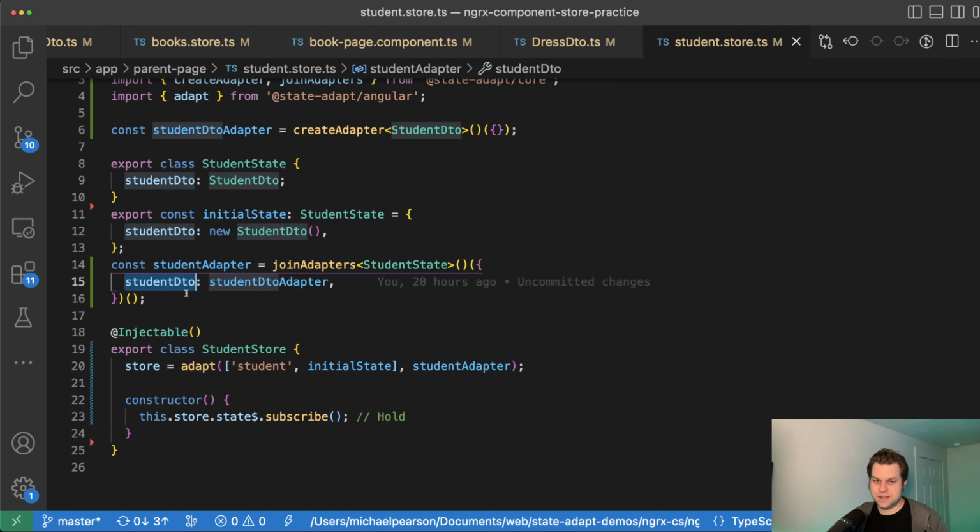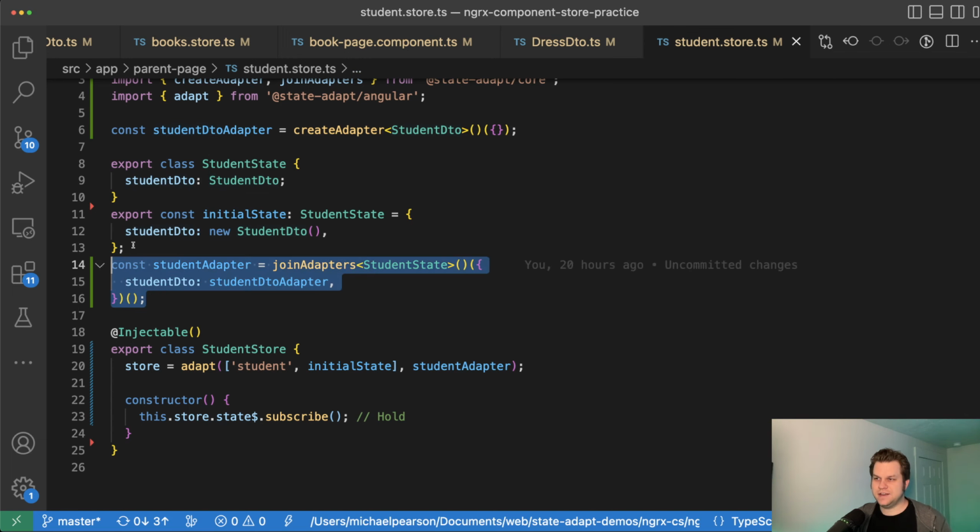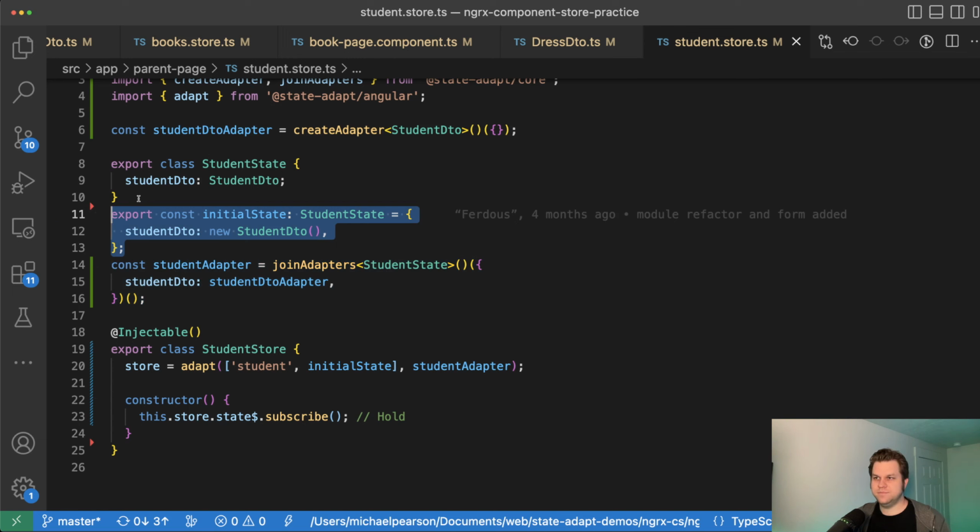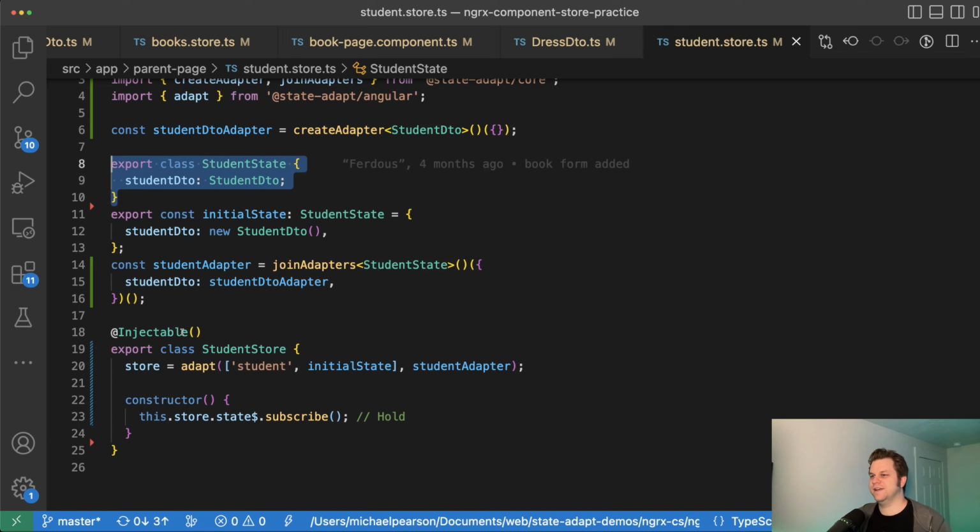I talked about this in the last video I did, but the idea of state adapters is they don't have to be done this way, but I think it's cool to do it this way. It's really convenient. They reflect the same shape as the state. Okay, gosh, that was difficult. Okay, so